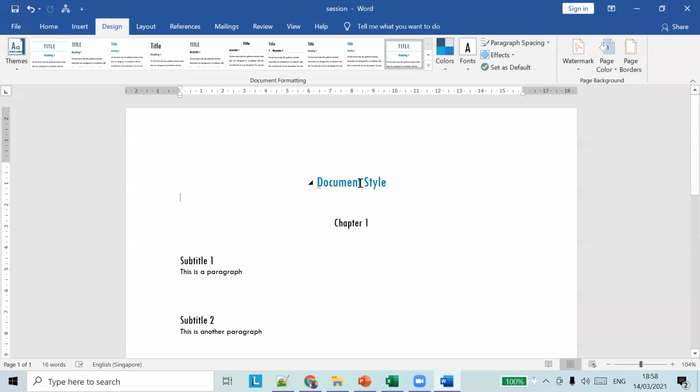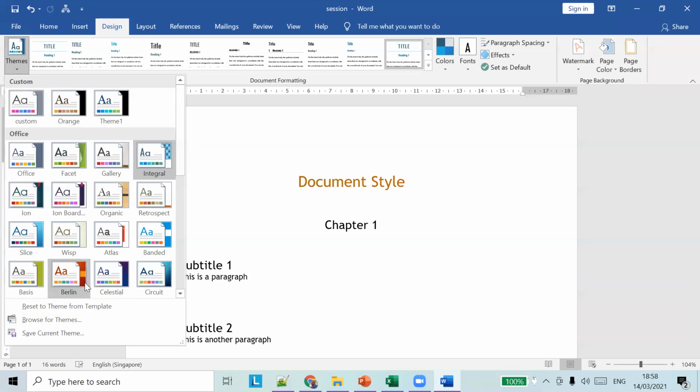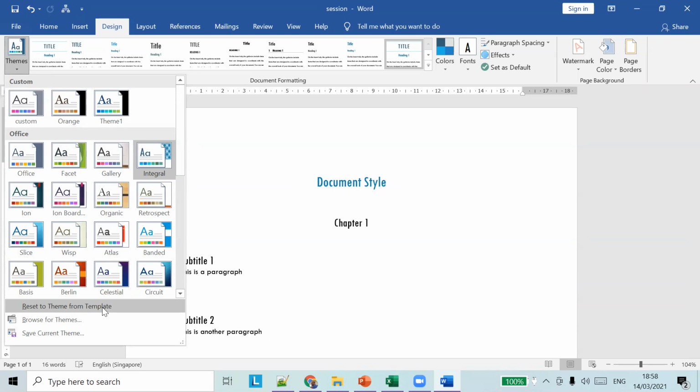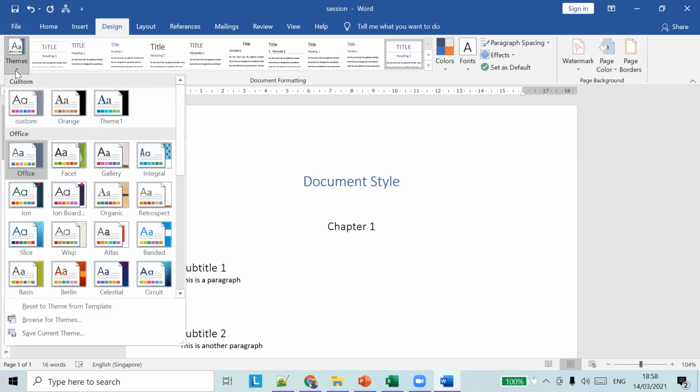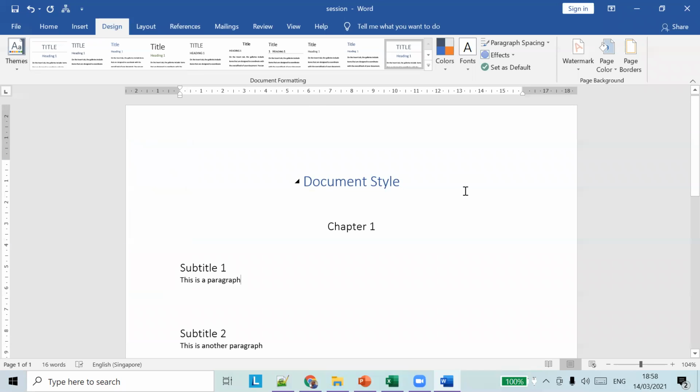Let's say I don't want this theme, but I want the theme from the template. We can do it using this option. Click on Reset Theme from Template, and it will apply the default theme that comes with the template. So we removed the Integral theme and applied the default theme that comes with this particular document template. That's how we reset a theme from a template.